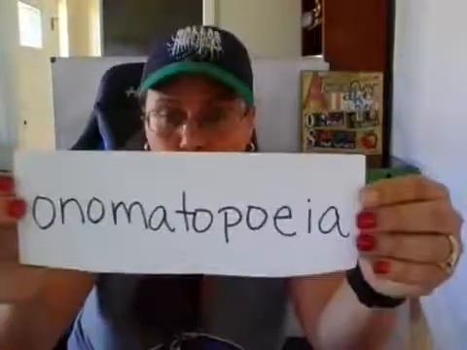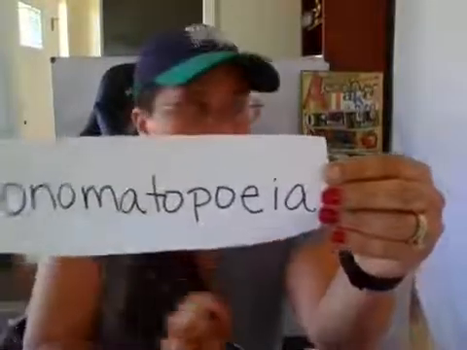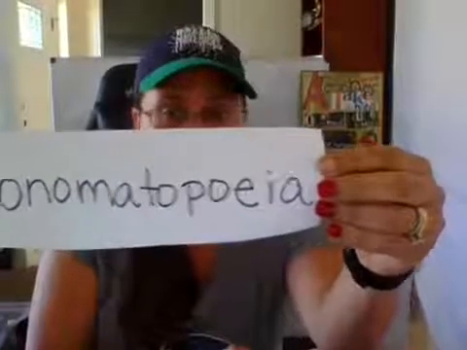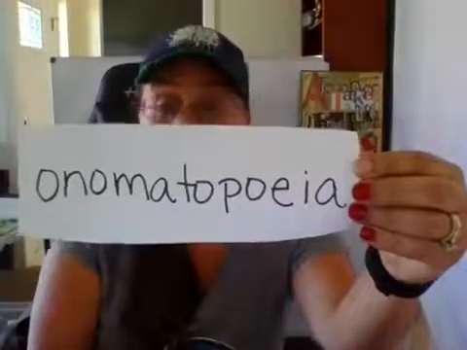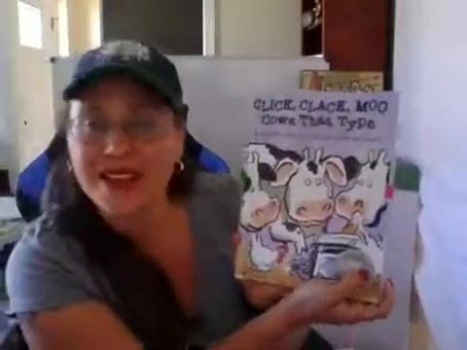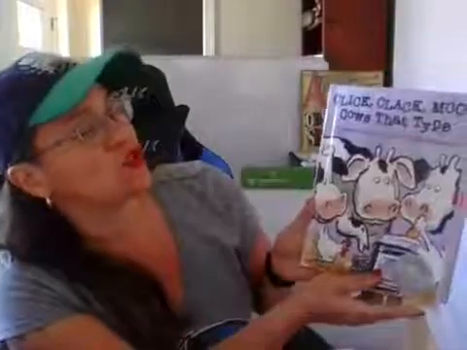In this book, we are going to see a lot of onomatopoeias. And an onomatopoeia, we've heard before, is the formation of words from a sound associated with what is named, right? Like, for example, ring, ring, meaning a phone, or click, clack, meaning a typewriter. Okay, so during our reading, we're going to stop at certain points and we are going to make predictions of what's going to happen. Click, Clack, Moo: Cows That Type by Doreen Cronin.